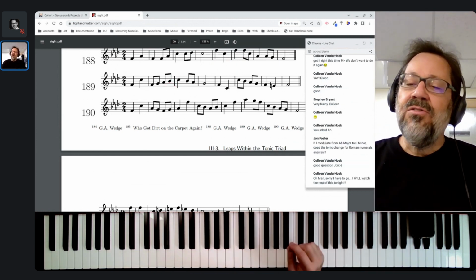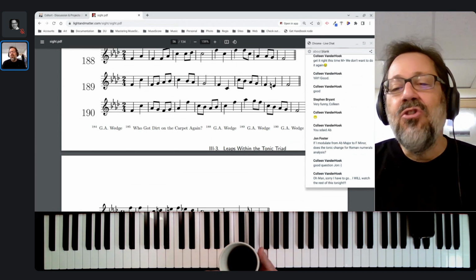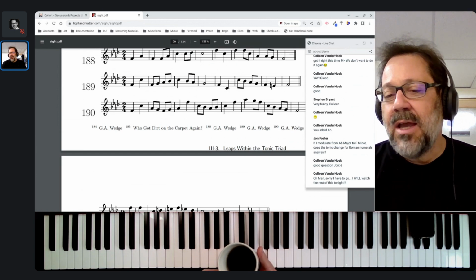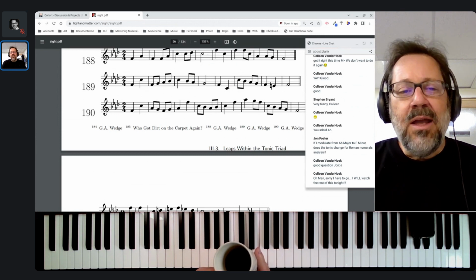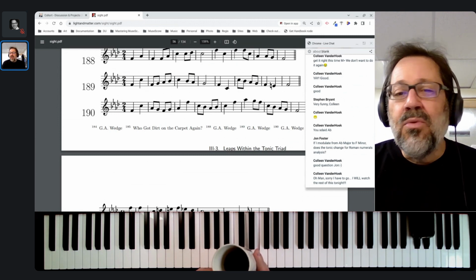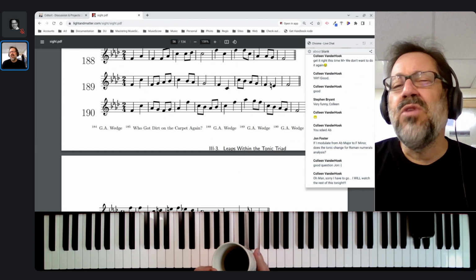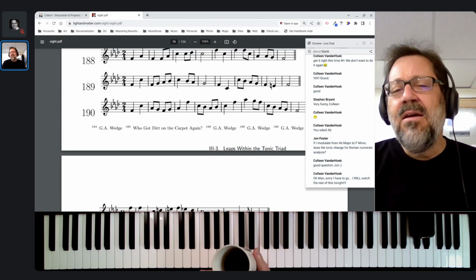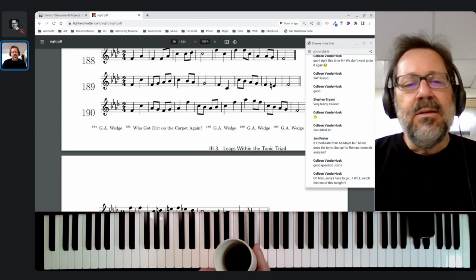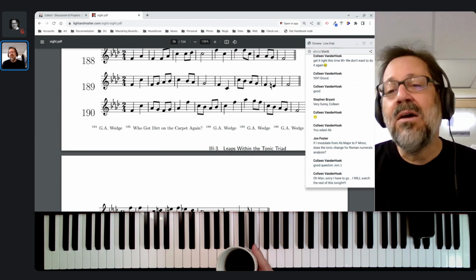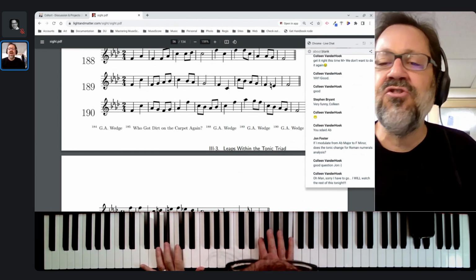So the question is about modulation from A flat to F minor. There is no one great answer, is the quick answer to that, Colleen. So, John, what I would say is if it's really quick and you're just visiting the key of F minor briefly, then it's not worth notating that it happened. If, on the other hand, you really go there for more than just 2 bars, then yeah, we will change the tonic.